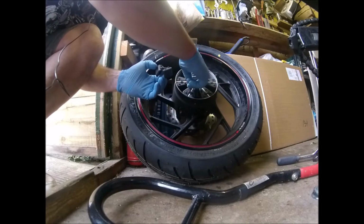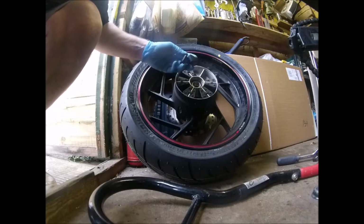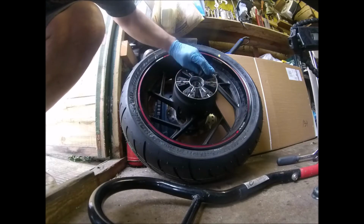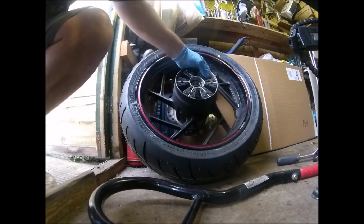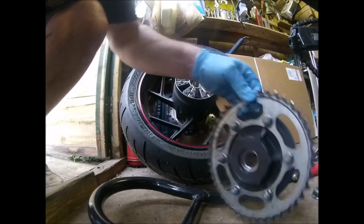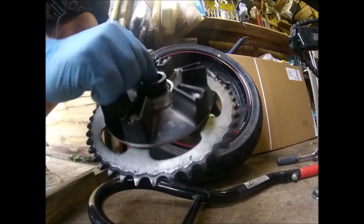take up the whole indent, like on your trials bikes and stuff like that, and it will come out as sort of one piece with all these lugs on it. This particular one has lugs going either side of the webs, which sit quite neatly in it. And then your sprocket sits in them. So you've got your spacer